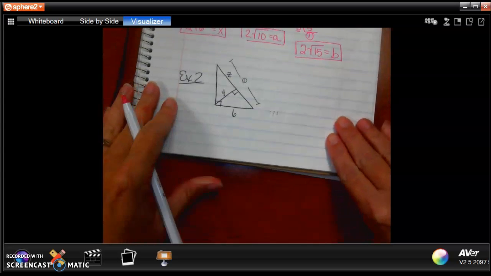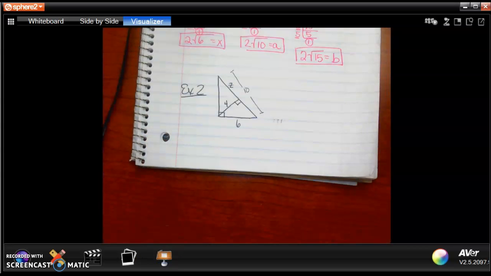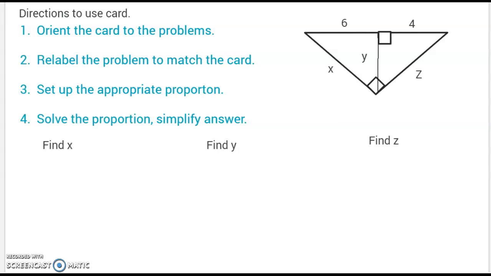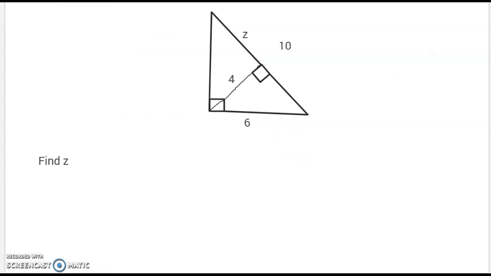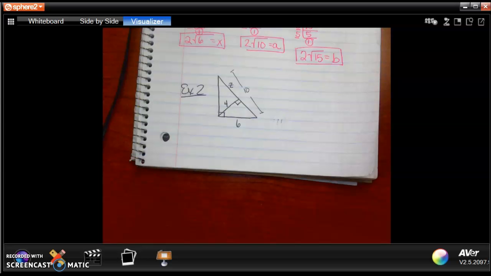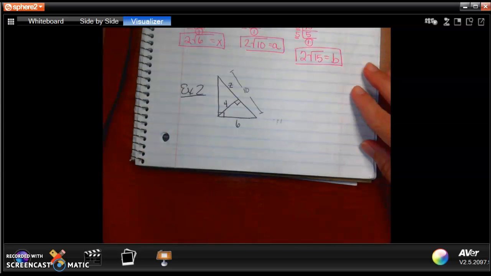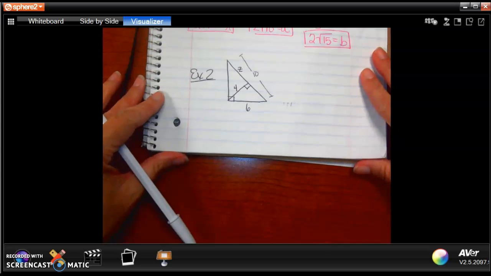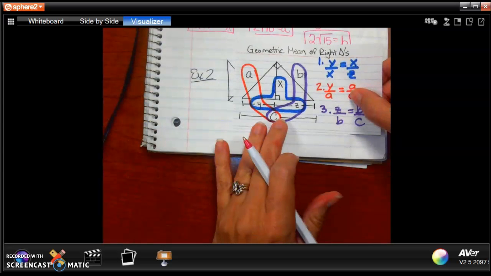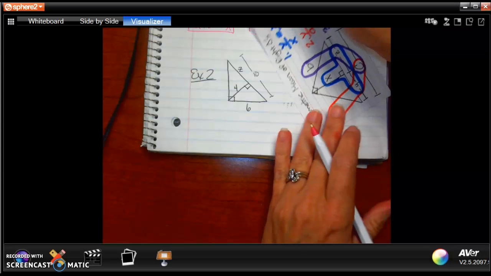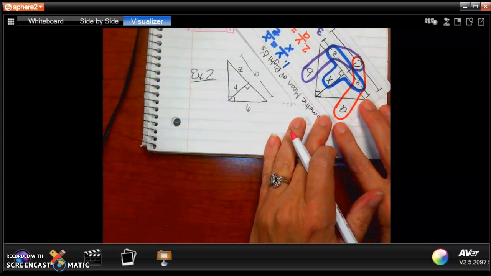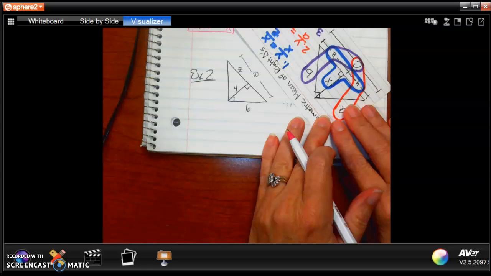Okay, the next example, which I also have on the Jamboard, we're going to find our missing sides. It says to find z. So I'm going to come back to my paper. I want to orient my card to match my problem. And I want to relabel